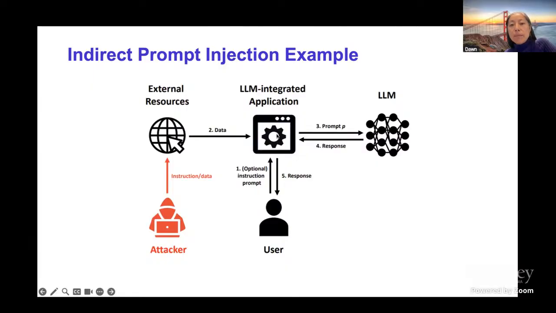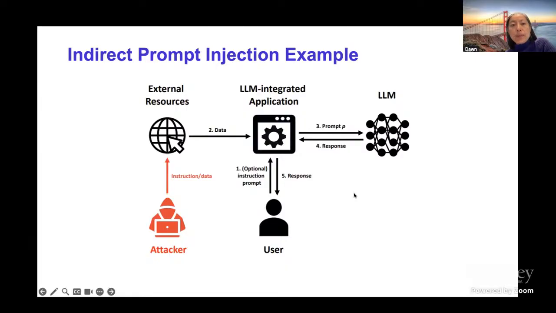So here's an example. The user sends an instruction prompt to this integrated application, and the application can take external data from external sources, which may be untrusted, where attackers can inject their data. This data is then used to form prompts that are sent to the LLM. The LLM, based on this prompt, generates a response,